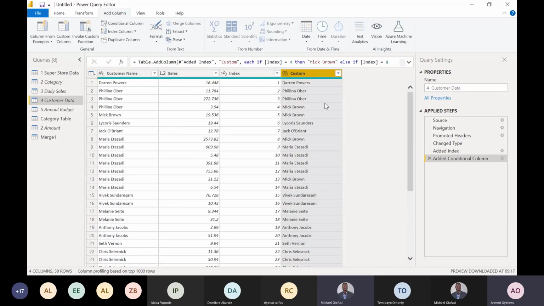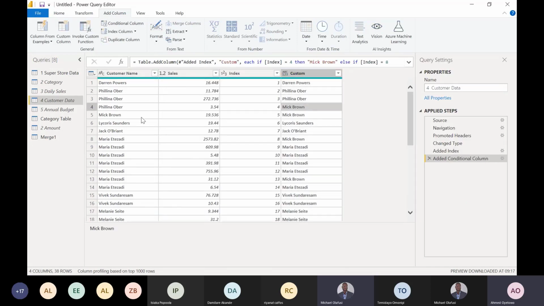So if I click OK, check row 4, you find Mick Brown. Check row 8, you find Mick Brown. Check row 13, you find Mick Brown as well. So that was the fourth one,